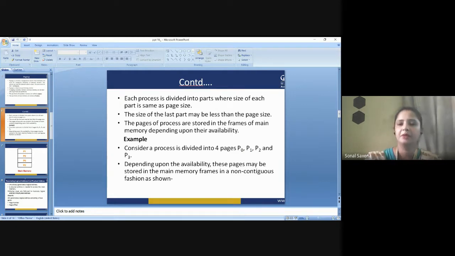The second important part is that because we are using non-contiguous memory allocation, there is no guarantee that all these pages will be stored in a contiguous, sequential manner. Maybe that could be a possibility if the space is available continuously, but still these pages will be stored at different memory locations in different frames. It is not possible that the frames are always in a sequence. Okay, so let us see how we are doing that.